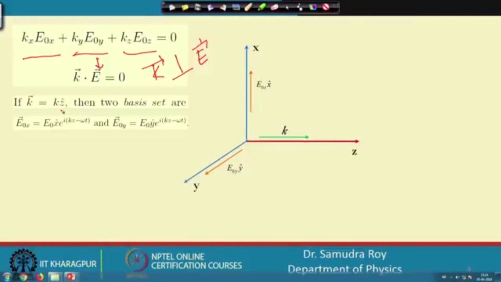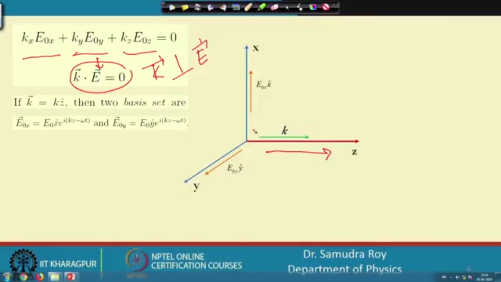Now, if k is in one direction, say a preferred direction, say z, here it is shown that k is moving along z direction, then E is perpendicular to k. So, two preferred directions one can assume are x and y. This x and y are the two basis set of the E. So, first we find that the propagation constant and E are perpendicular to each other. After that we say that if k is along z direction, then the other two perpendicular directions are